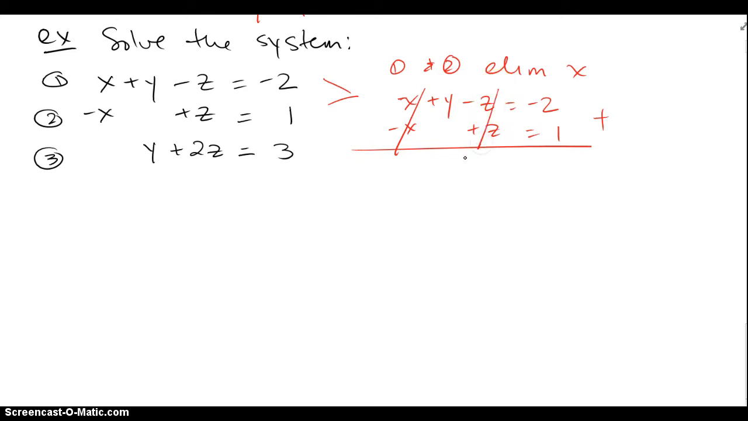This guy goes away too, so I end up with y equals -1, and before I know it, I already have the y value. Now that I have the y value, I go wherever I think is useful for me to find another missing piece. And it looks like 3 would be a nice place to go to because it only has one other unknown, which is the z, so this guy goes into 3,